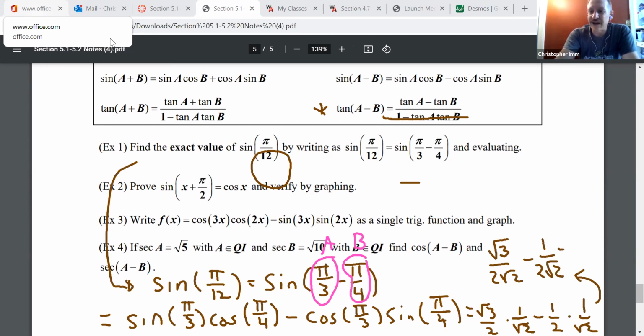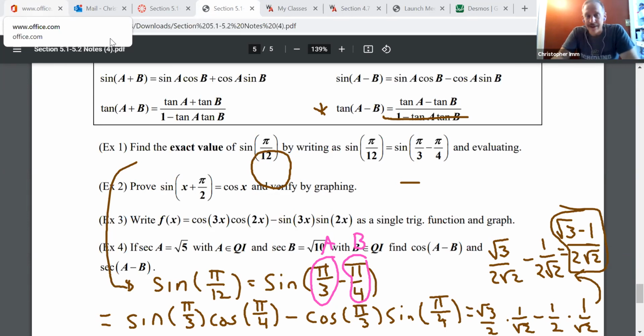So if we wanted to combine those together, we could say that this exact value is sort of ugly or pretty, depending on what your definition is. It has a lot of nice irrational numbers in there, right? So square root of 3 minus 1 over 2 root 2. All right, now we don't have to memorize that value, but if you're wondering, that would be the sine of